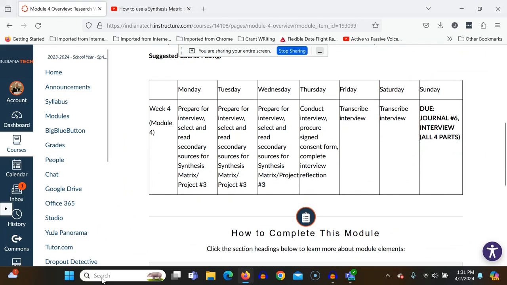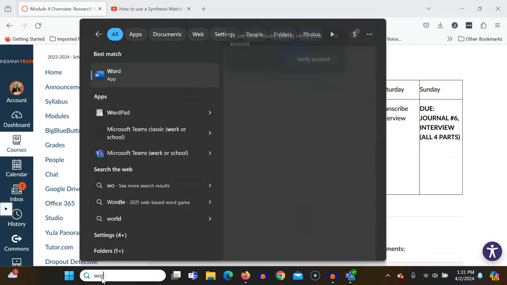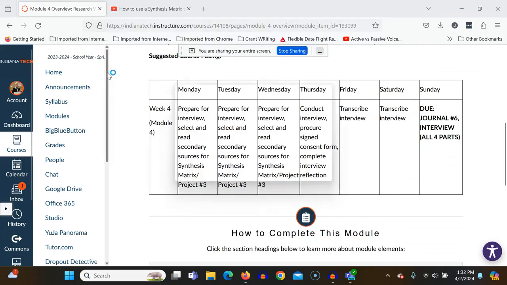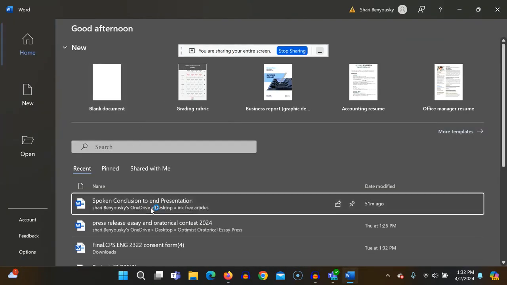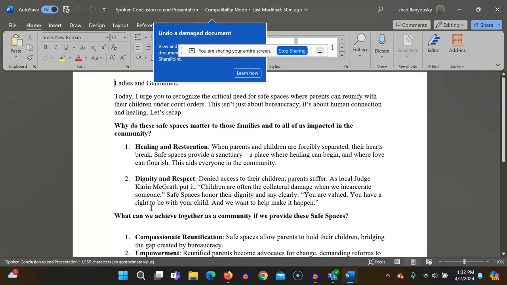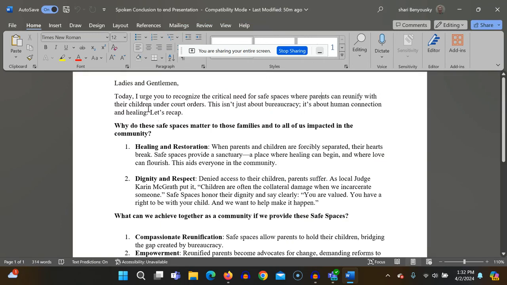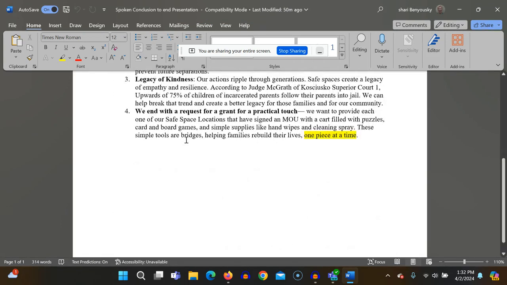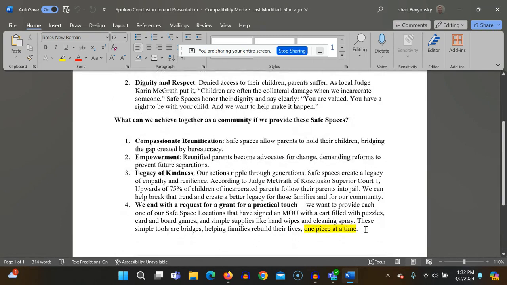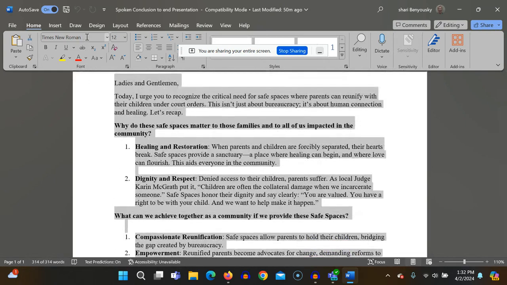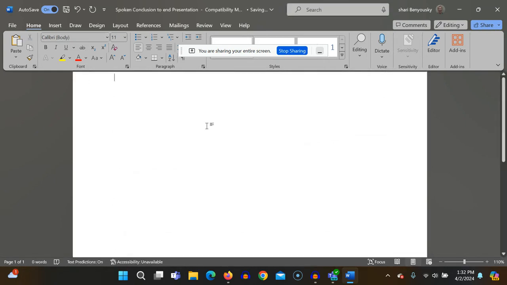Before I forget, let me show you something here. Most of you are going to be using Microsoft Word. So we're just going to pull up a random document. Okay, so here is a document that I have written for something else. But let's say that I don't have anything here. So let's pretend that we get rid of all words and we're starting with this blank document, right? So nothing here. But I've told you you have to transcribe an interview. And you're thinking, well, how do I do that?